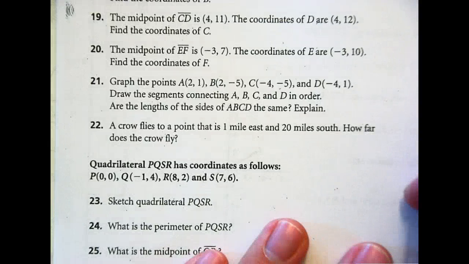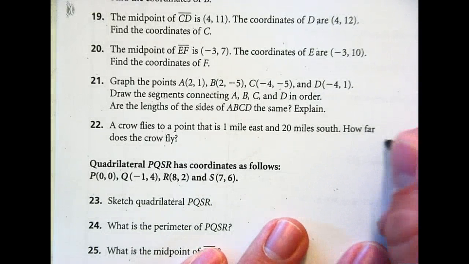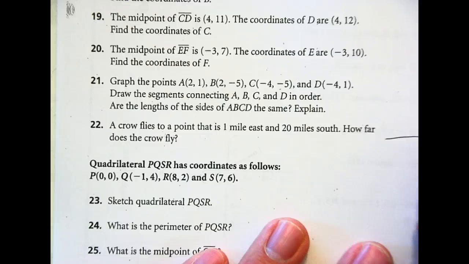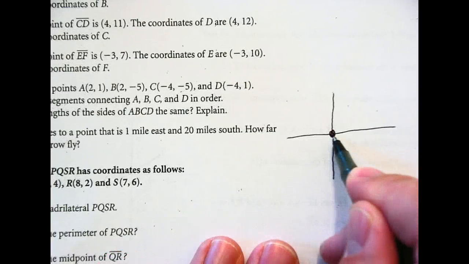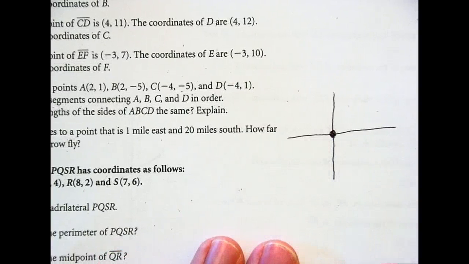Well, one thing to think about when you're dealing with that, anytime they talk about something flying or moving, we always start it at the origin, at 0, 0. So that is one coordinate. And then if you think of a compass,